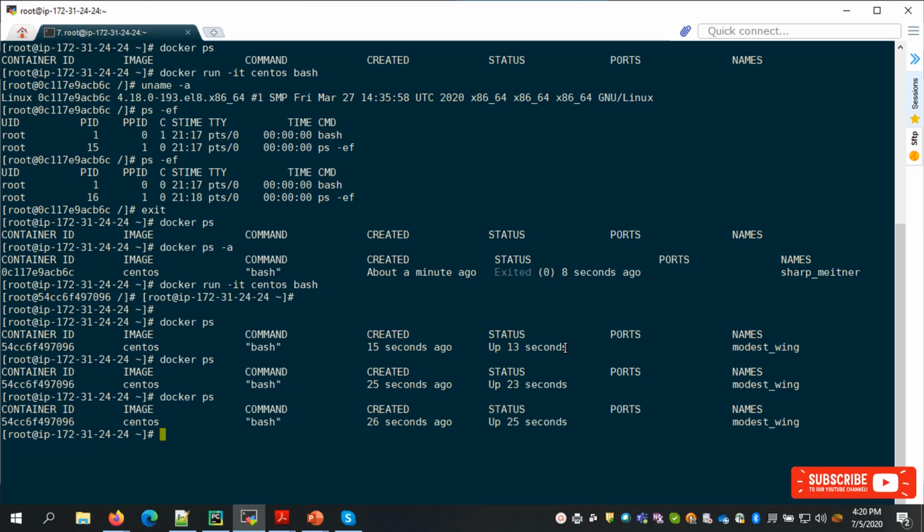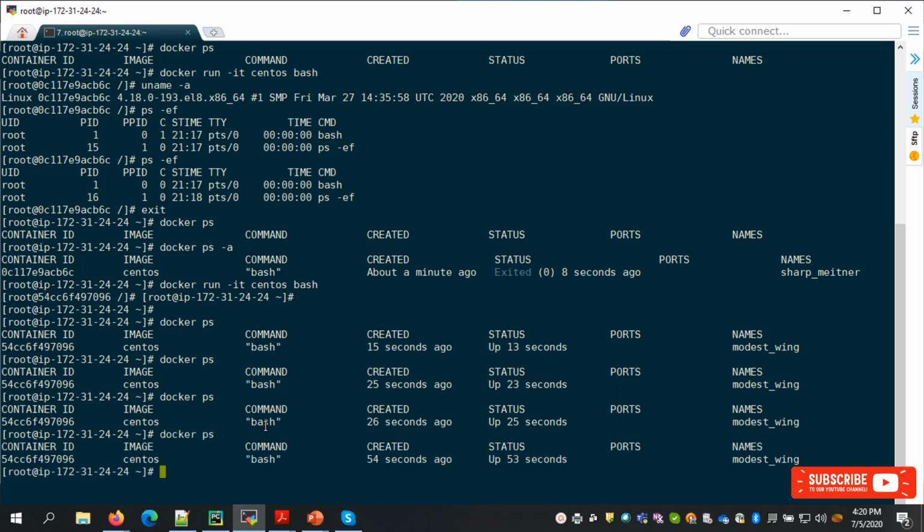So how can we prove that something is always running inside the Docker container? Of course, we can see here there is a command called bash, which is always running over here. I understood, but let me try to prove it in a different way. That's the easiest way to prove Docker needs something to be executed, something to be running always, right?